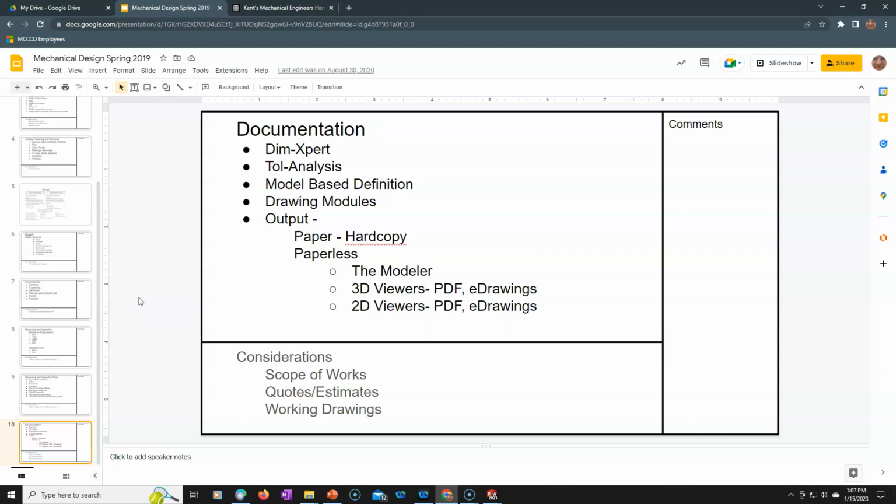So when we talk about CAM, the computer-aided manufacturing, one of my first questions always is, am I making 1, 10, 100, 1,000, or is this machine going to run this part forever? In which case, that is how I optimize. And so optimizing in that direction is kind of the goal. And then of course the working drawings that we, depending on what we're dealing with, output. So scope of work sounds